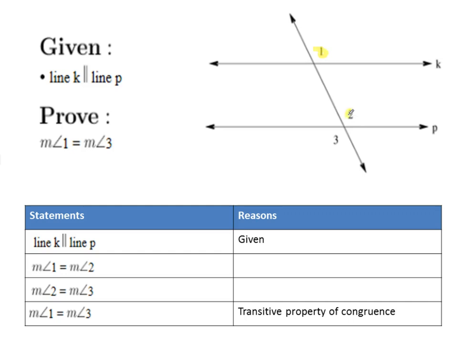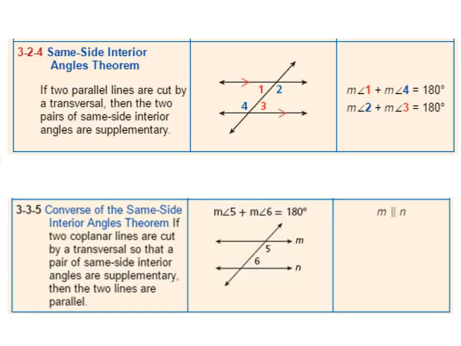Look at the relationship between angle 1 and angle 2. They are both on the right side of the transversal. They are both above that parallel line. They're in the same spot. These are called corresponding angles. So if you want to look to your notes,